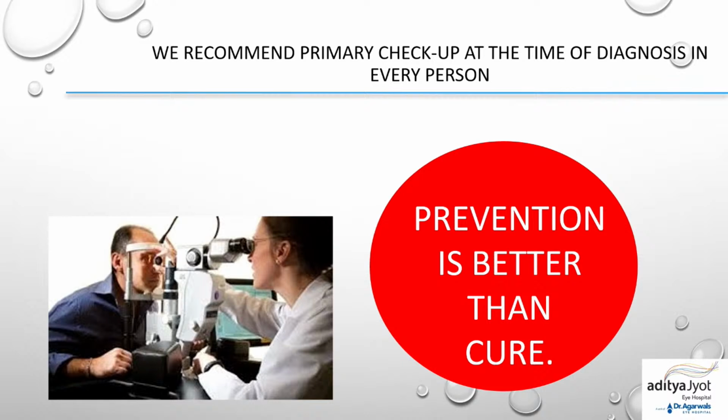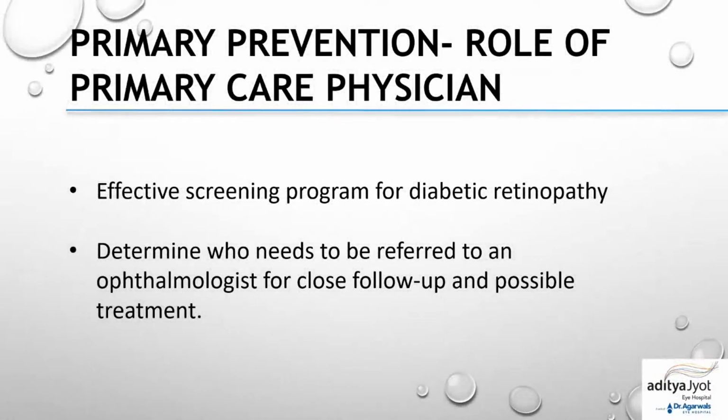That's what I have come to know, because so many millions are suffering. Why should they suffer? Because of lack of awareness and lack of screening programs all over the world. Maybe the first world has some, but even in the United States, 50% of diabetics are diagnosed late because they are in remote places, don't have insurance and don't go to the doctor. So we need an effective screening program for diabetic retinopathy, to determine who needs to be referred to an ophthalmologist for close follow-up